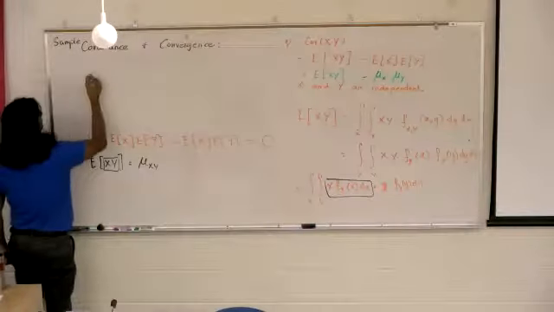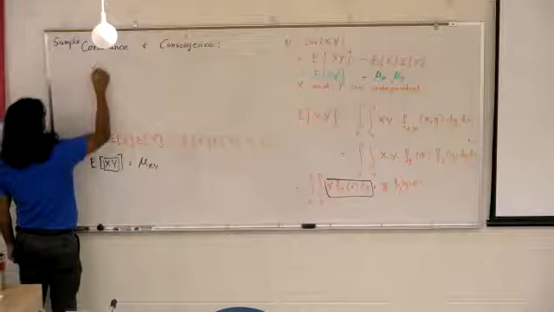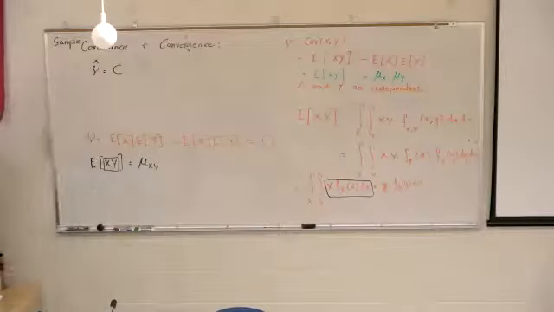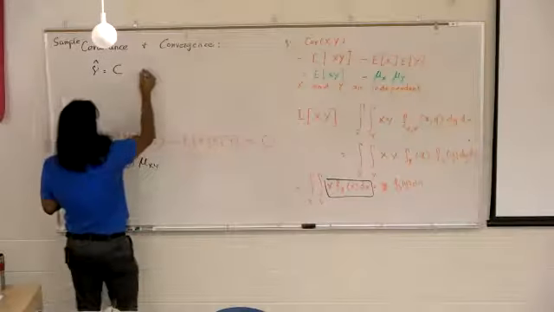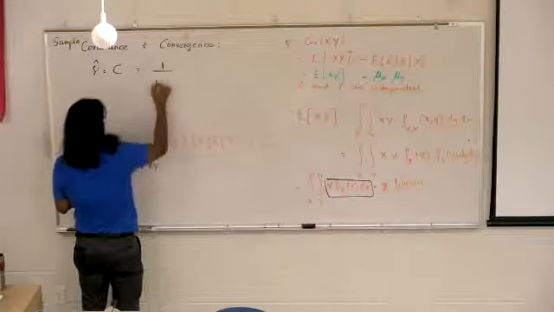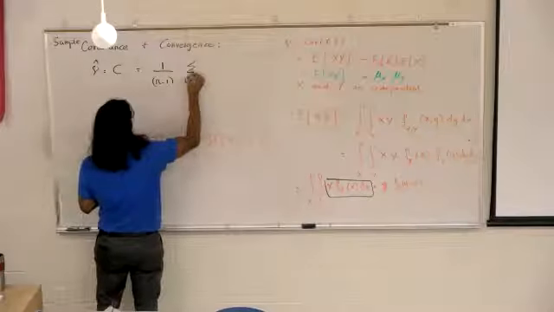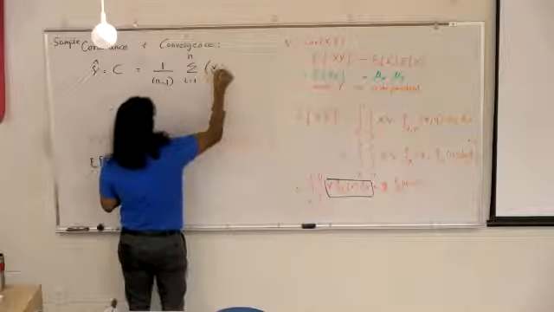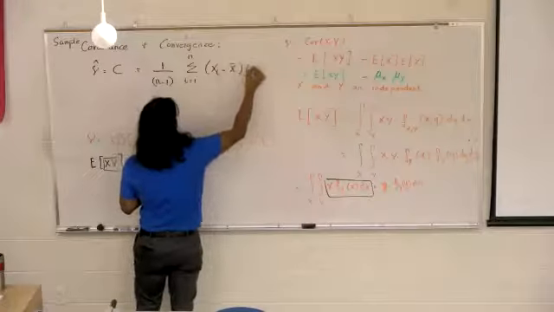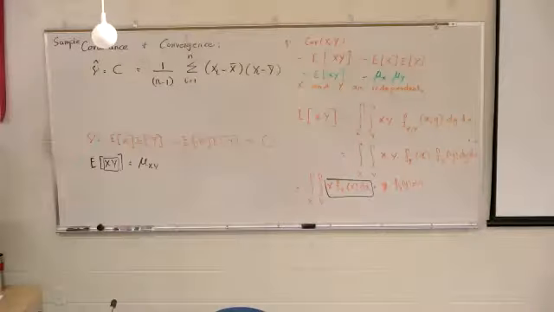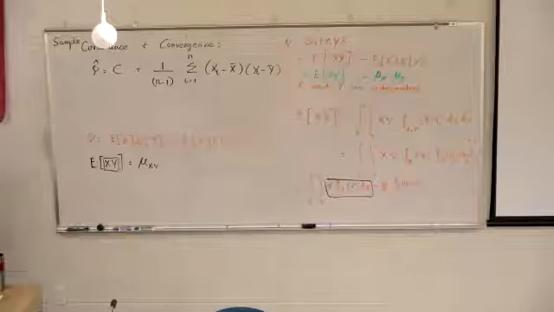Okay, so the estimator for covariance C, again, we're going to use 1 over n minus 1, sum i equals 1 to n, xi minus x bar times yi minus y bar. If you observe carefully,